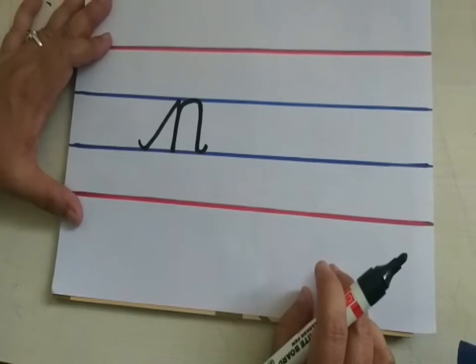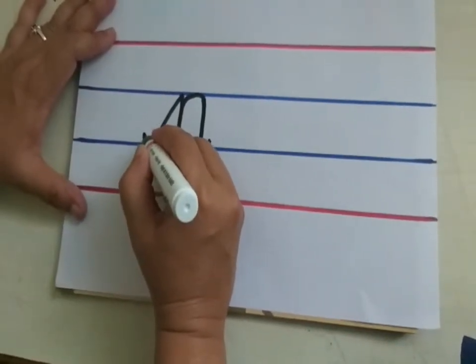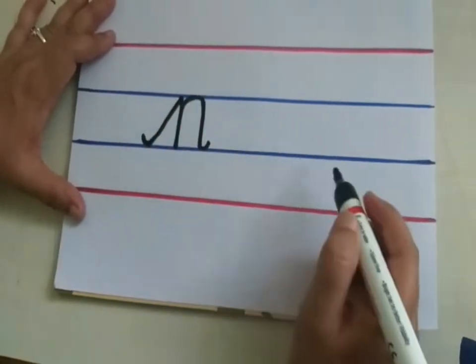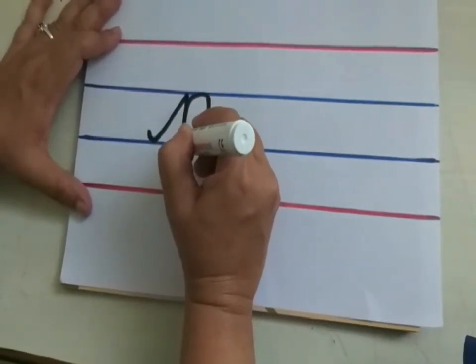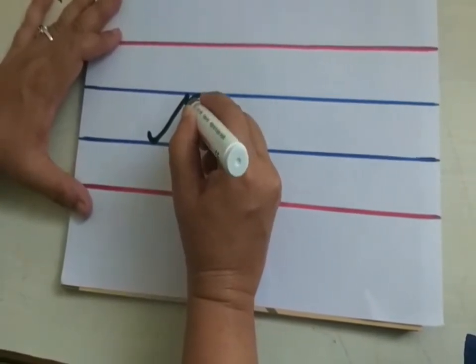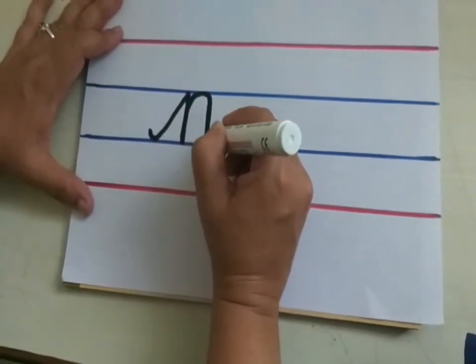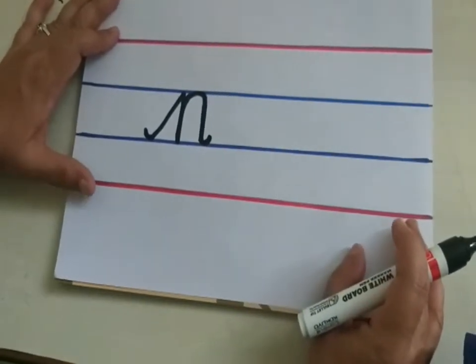This is small cursive N. Shall we write once again? See, make a small curve. Go up to the second blue line, children. Slanting line you have to make. Come down to the third blue line. Again go up, make a half curve here, children. Come down to the third blue line and make a small curve. This is small cursive N.